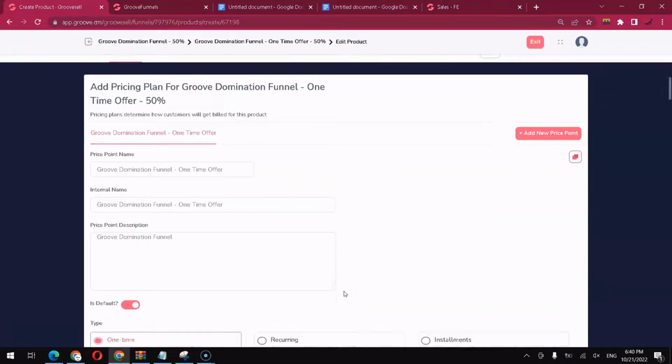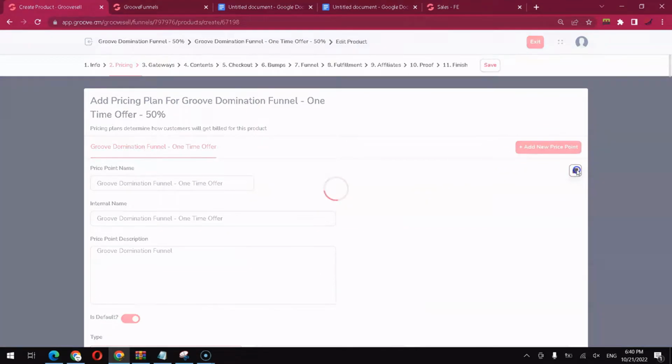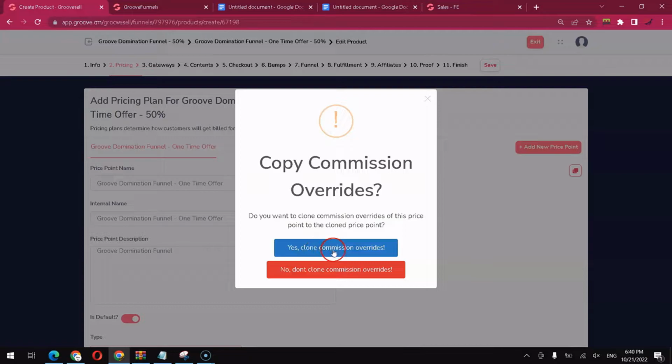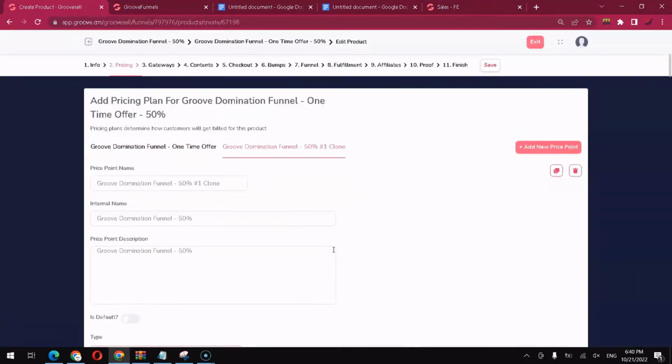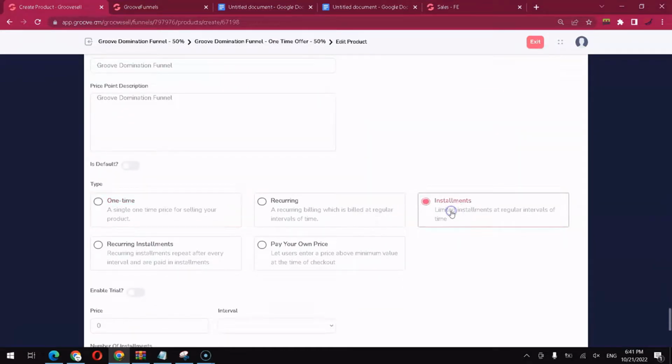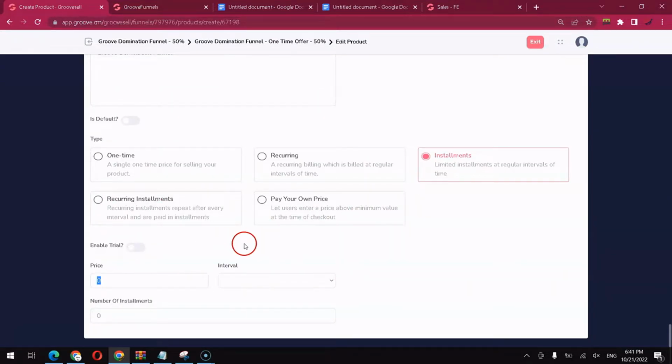So I want to create another, or I just want to clone this, and I want to clone the commission override, like so, and I want to change it in here, like installment, and I want to remove the 50% portion in here, and I want to choose installment,